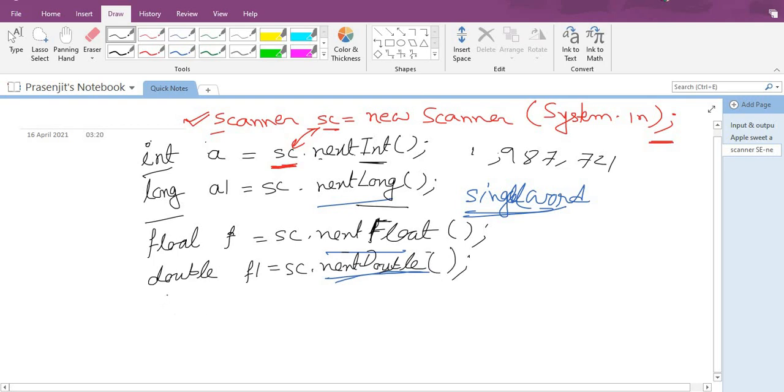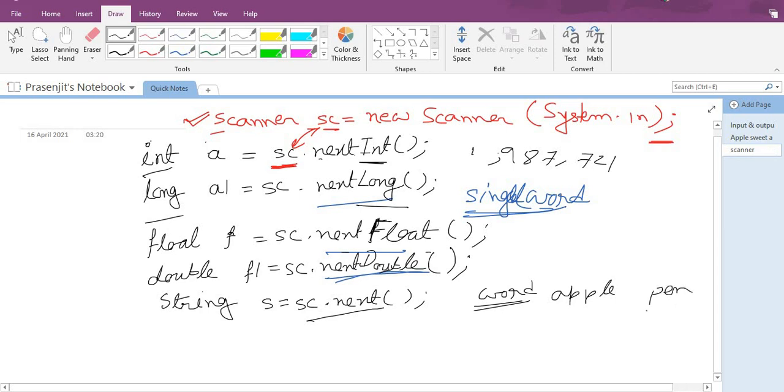Now we are saying that String is always capital. String S is equal to sc dot next bracket open close. So if you write only sc dot next bracket open close, this means you accept only one word, like apple, then pen.